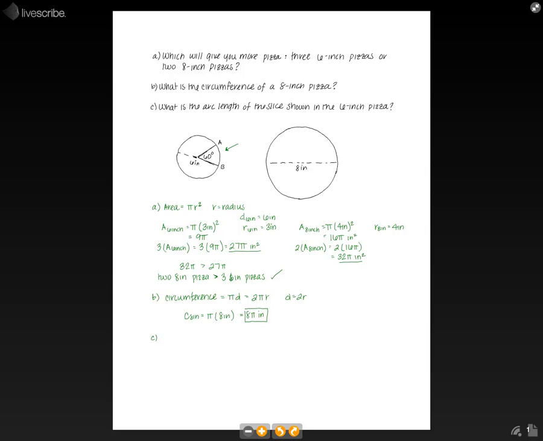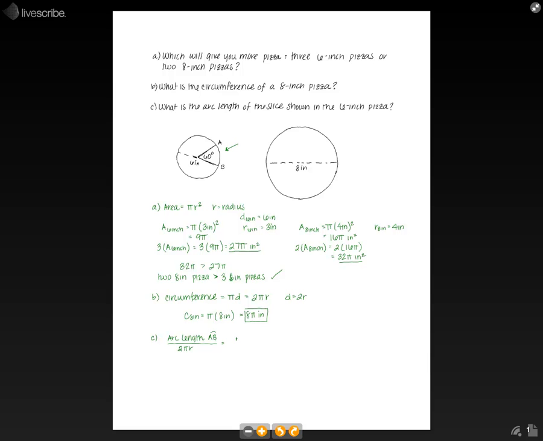Alright, so we can write that like this. So the arc length AB over the circumference, right, which is 2 pi r,